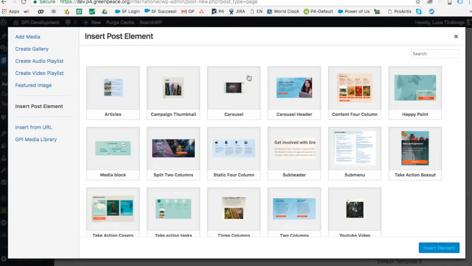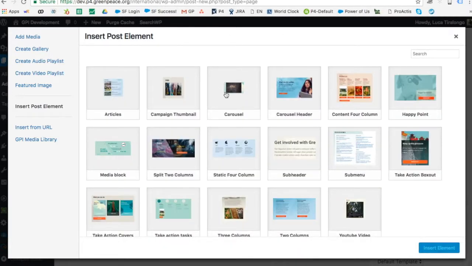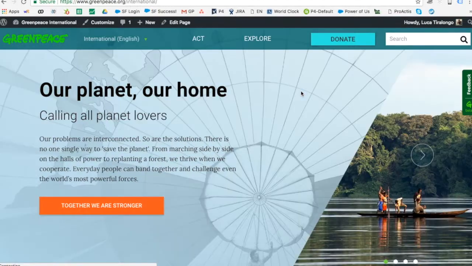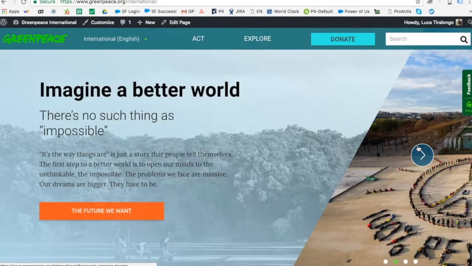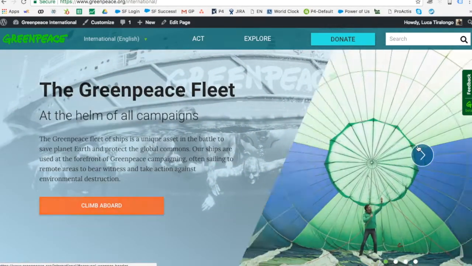So I'm just gonna use the carousel. Watch out, as you can see there are 2 elements, carousel and carousel header. In the header, just so that we are absolutely clear, the carousel header is the block that is used only in the home page, or in a bit of other pages if you prefer, but it's typically used in the home page,